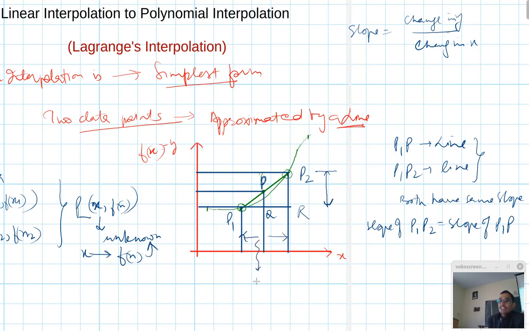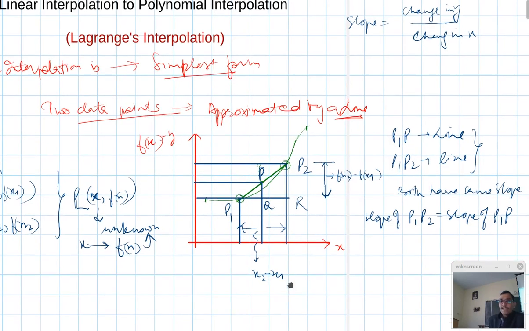And what is this? This change is x2 minus x1, and this change is what? f of x2 minus f of x1. Is it visible to you? Okay. So it is f of x2 minus f of x1. That means what I can do,